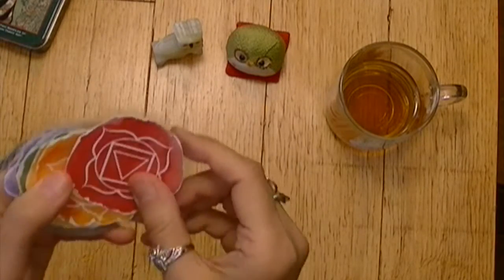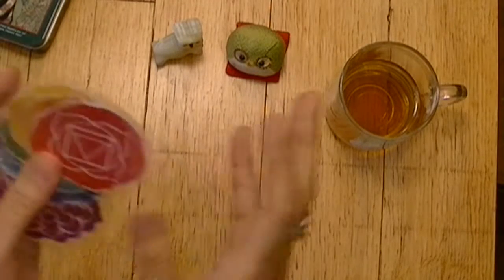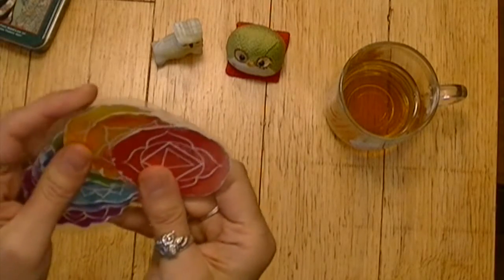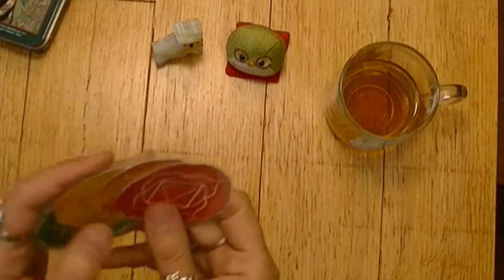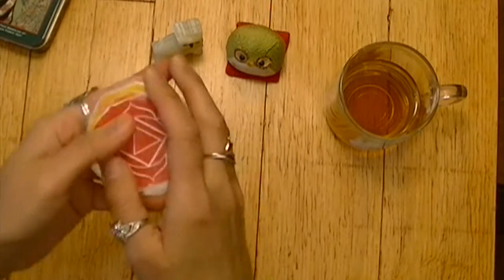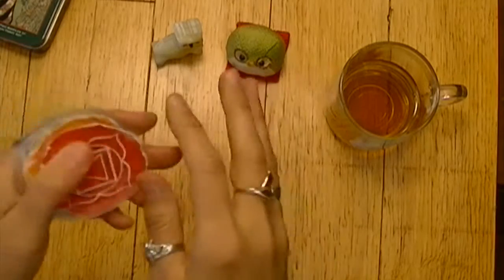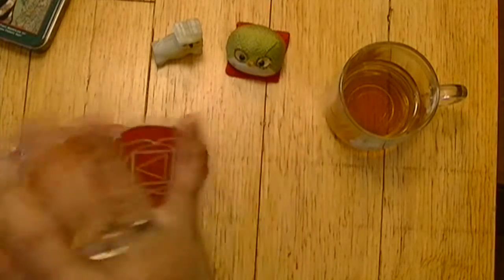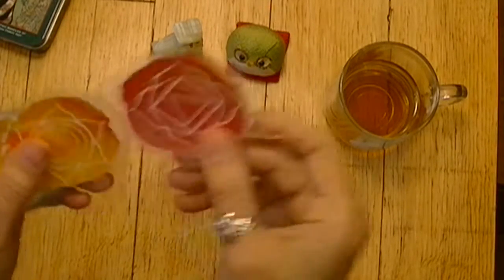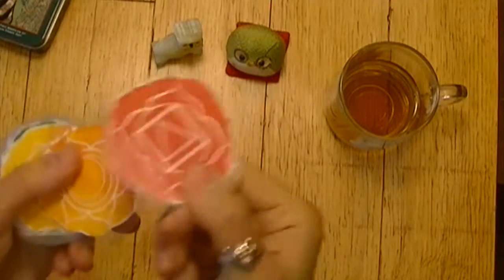She has an Etsy shop. Maybe I'll link to it below. A fandom doodler. She does all kinds of really crazy fandoms. So if you like comic books and Sherlock and Doctor Who and I don't know. She's done some, I don't know where they are right now. She's done some specialty bookmarks for me that are one of a kind as gifts and things like that. But she's sent tons and tons of bookmarks all over the world to all these fandom people. So anyway, this is kind of the procedure that she uses to laminate her bookmarks,